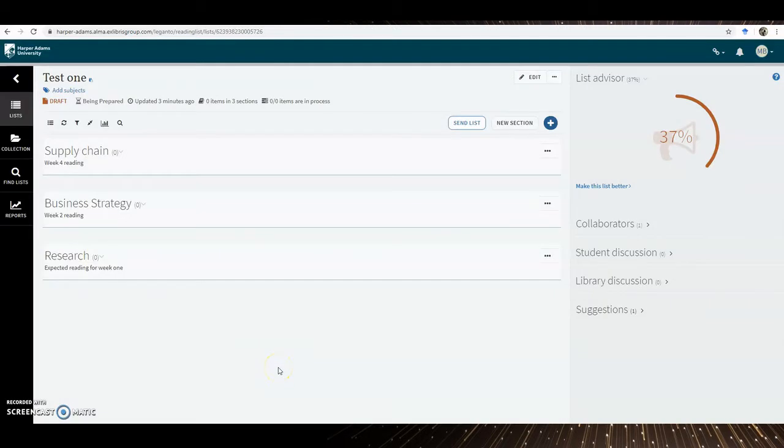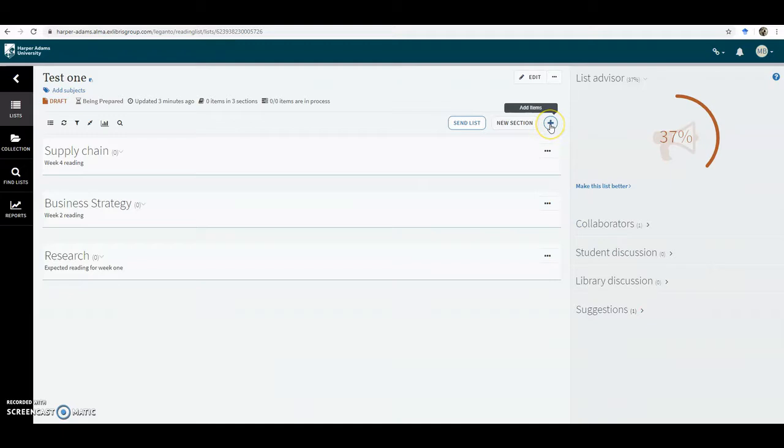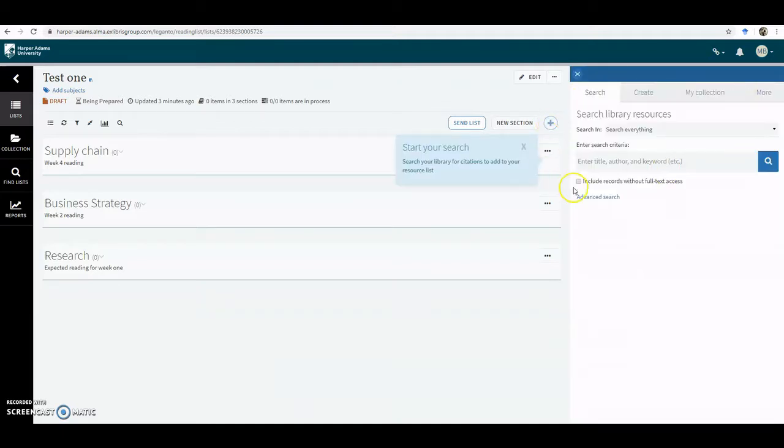Okay, so now we need to add some content to our list. We'll do this first via HARLO. You need to click on add items, and this will bring up a search box. It gives you the same search as you get in HARLO, so search everything, articles, books and more, repository, and we also get ALMA. So to add a book, if we just click on books and more, put in a search term,